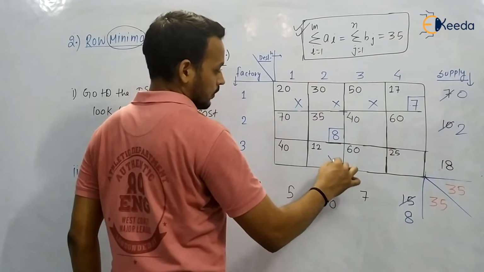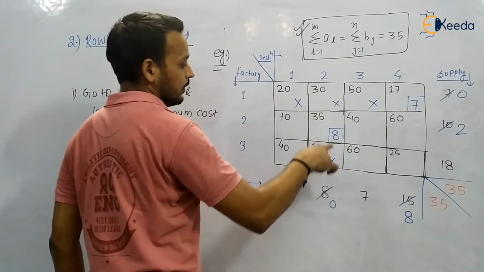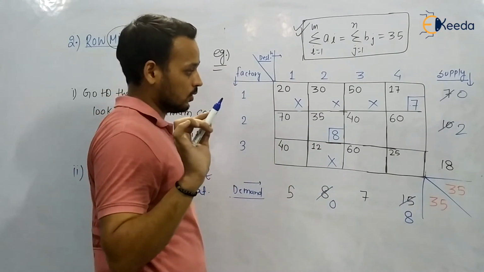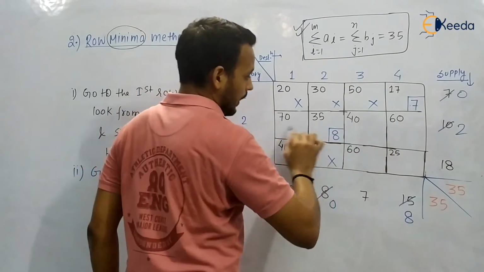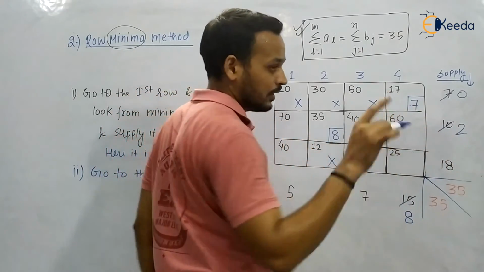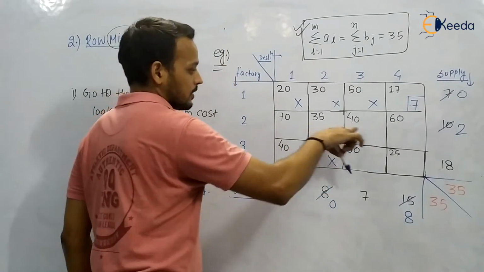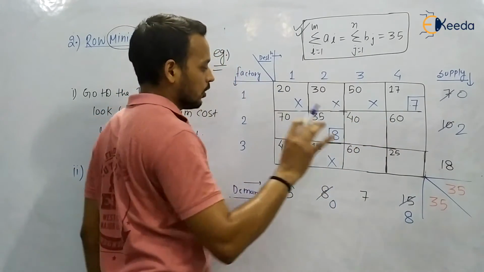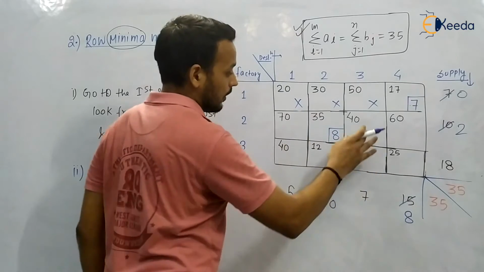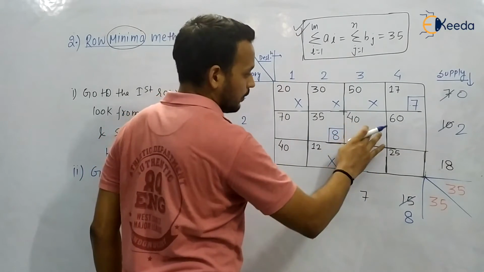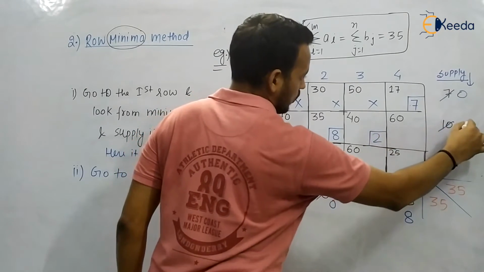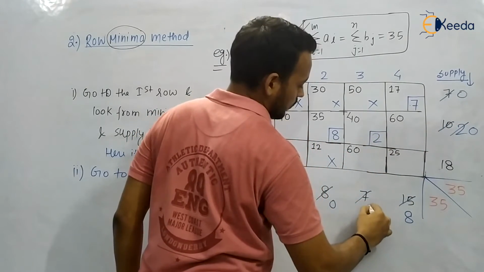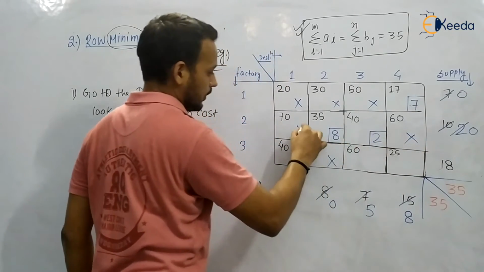So now the destination total demand is fulfilled. Okay, so it is having 0. Now look, we have remaining cost, and 2 units have been left. It means first we will supply to the second row only. So now look for the next minimum. Okay, so the next minimum is 40. So can we supply to 7? No, we can supply only 2. So supply 2 units. It is 0 and it is having 5. Now these won't get anything.